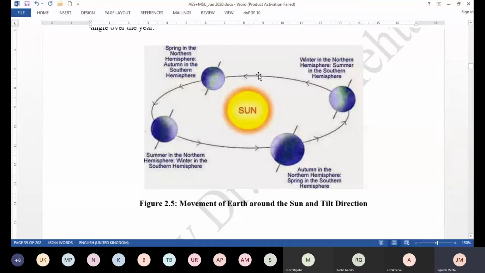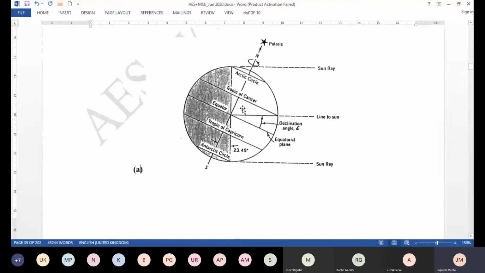And then again you move towards, like this was December, January, February, March, again equinox, but that is spring equinox. Now the spring is set up and then the summer will start. And here again you see that the inclination of the earth is sideward, not towards or away from the sun. So because of that, both hemispheres get equal amount of radiation, as well as the day length is also the same. Okay. So this explains the seasons occurring on the northern hemisphere and southern hemisphere, and the revision of the angle